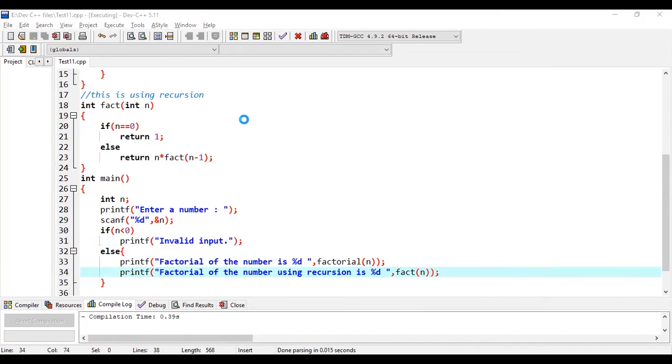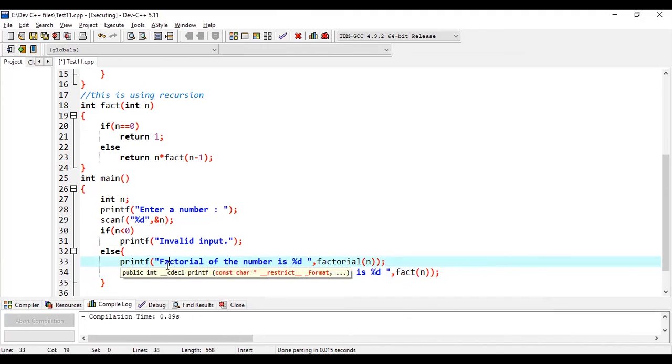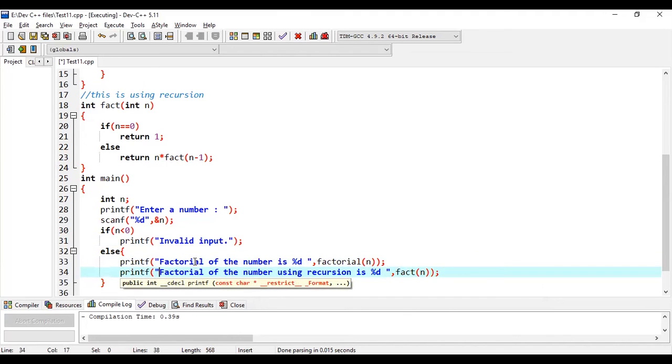I write 5 and I'm getting the same thing. I'll have to use one more formatted output, so I'll give a backslash n here, which will be much more suitable. Now if I enter 6, the factorial of the number is 720, and both are giving the right output.